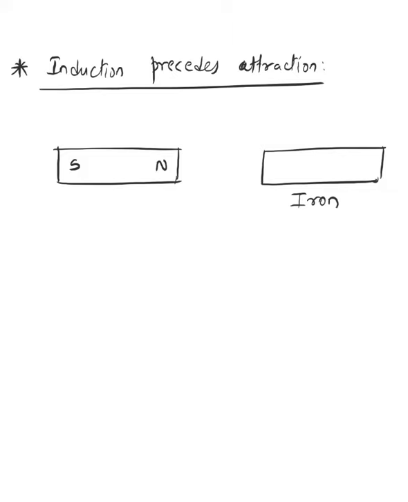Now, ideally, we know that the attraction is actually between North Pole and South Pole, or South and North. But now out here, you can see the iron has got no polarity right now. So ideally, there shouldn't have been any attraction between them. But basically, what happens is that when you get a North Pole of a magnet, any pole of a magnet, closer to this iron, the first step is an induction which is happening out here. What does induction mean? Inducing an opposite pole out here. So that becomes a South Pole.